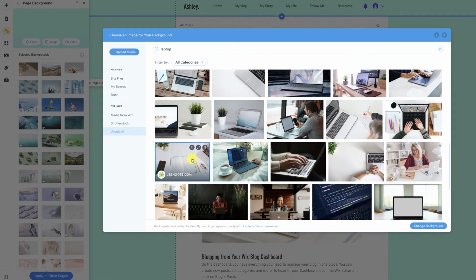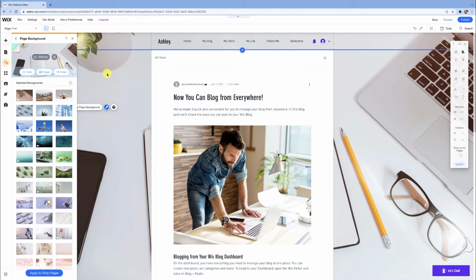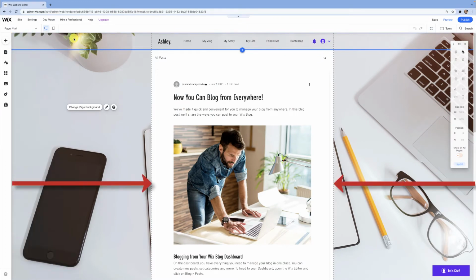And then select your image and click Change Background. With images, you'll only see part of the image on each side of your main content area, so just keep that in mind when choosing an image.